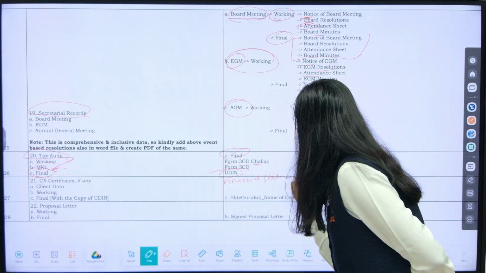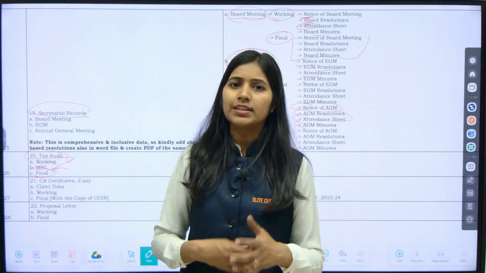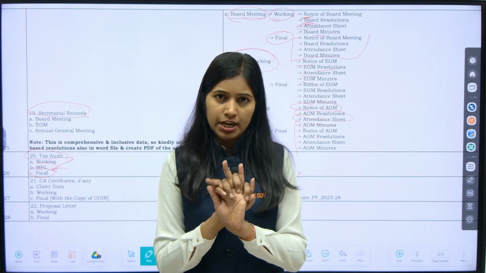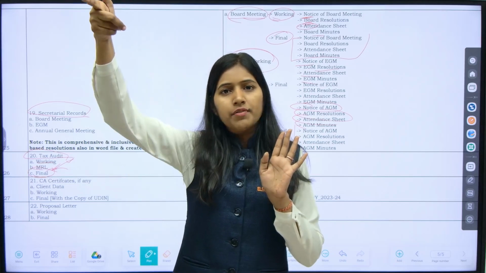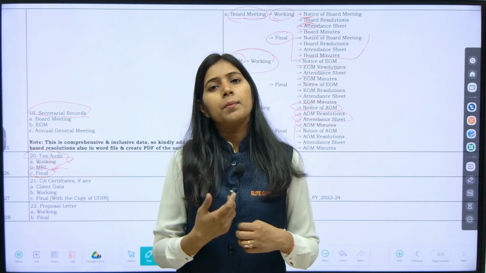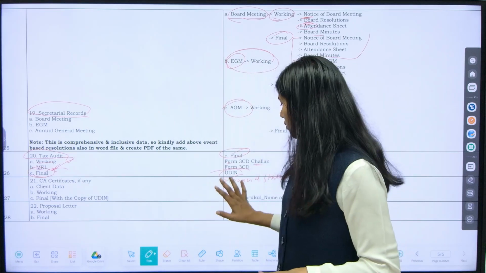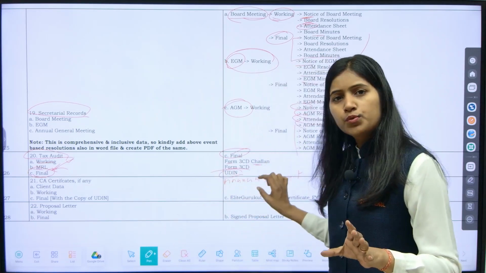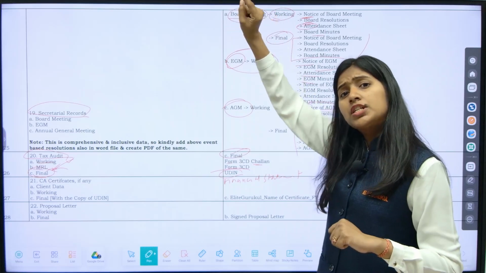Why will the financial statement come? Because when we are filing the tax audit, we have to attach a signed financial statement having the UDIN of the tax audit. For stat audit, we have to generate a different UDIN. For tax audit, we have to generate a different UDIN. So while preparing, the tax audit UDIN is mentioned here. For the tax audit UDIN, you have prepared a separate financial statement, and you are supposed to keep it there. The stat audit financial statement with a different UDIN will be in the financial statement folder.